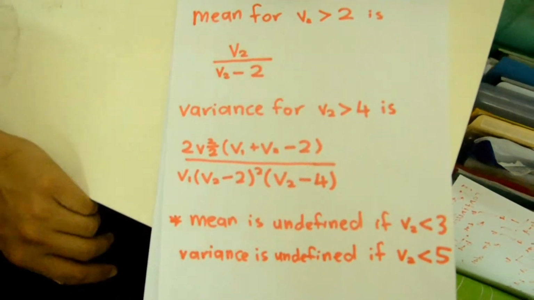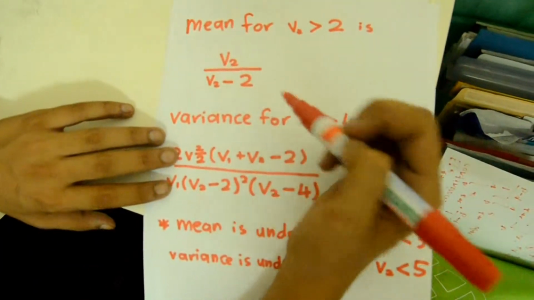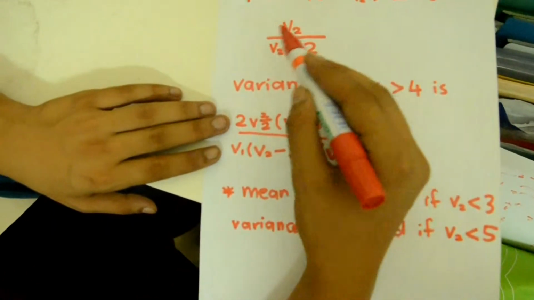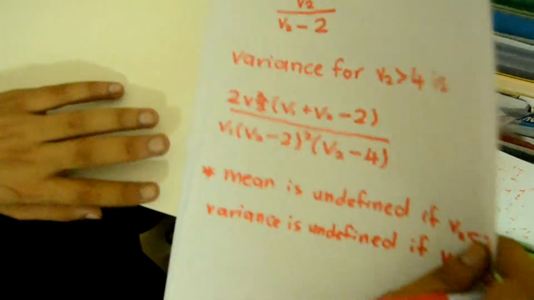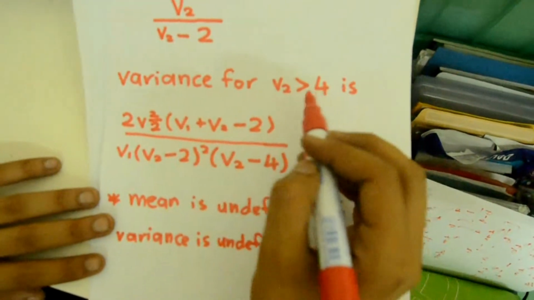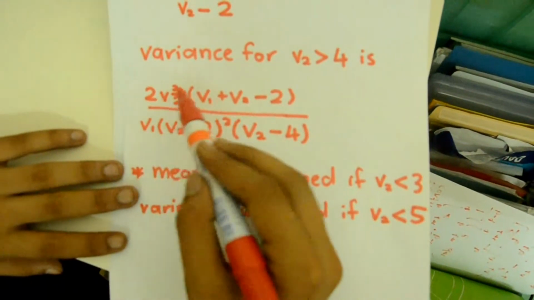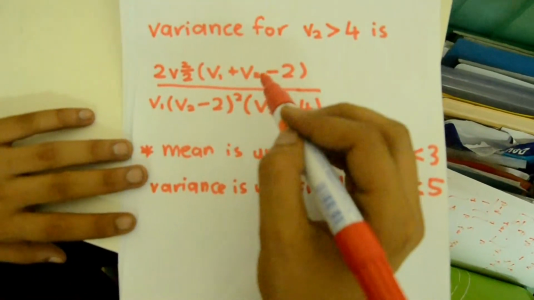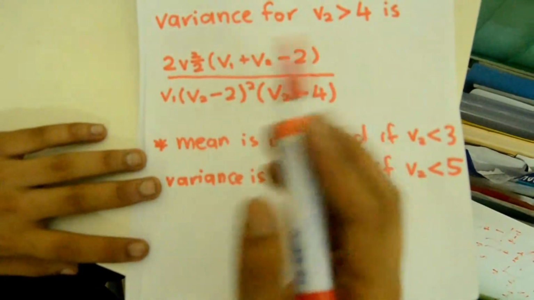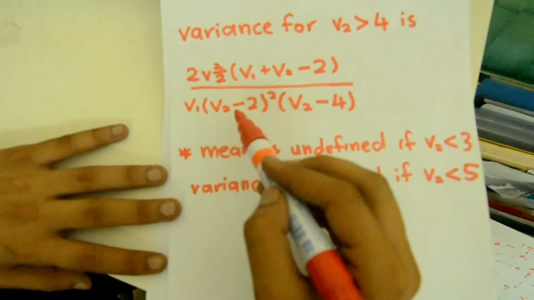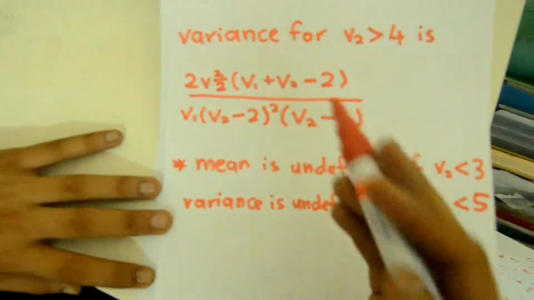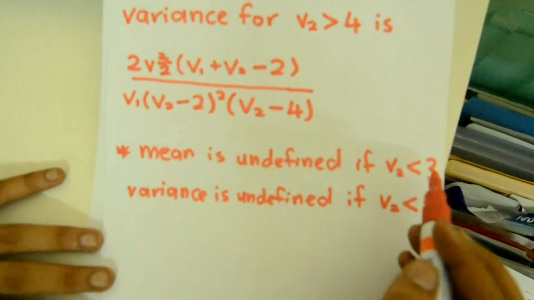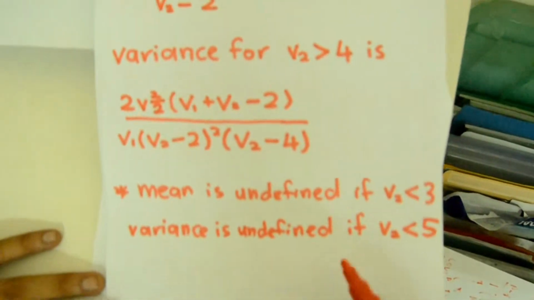Okay, next, the mean for the F distribution. The mean for V2 more than 2 is V2 over V2 minus 2. The variance for V2 more than 4 is 2 V2 squared times (V1 plus V2 minus 2), the whole thing over V1 times (V2 minus 2) to the power of 2 times (V2 minus 4). The mean is undefined if V2 is less than 3, and the variance is undefined if V2 is less than